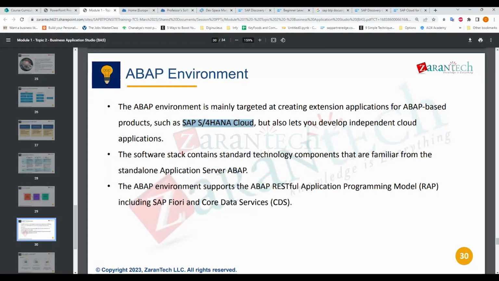So ABAP objects we can leverage inside the ABAP environment, and when we have the S4 HANA cloud, which is restricted in terms of custom development, we can do the custom development with the ABAP environment, and we can always connect with the S4 HANA cloud to get the transactional data and take it forward. So we can create applications based on the ABAP environment and the S4 HANA cloud, the multi-system environment. Okay, and yeah,